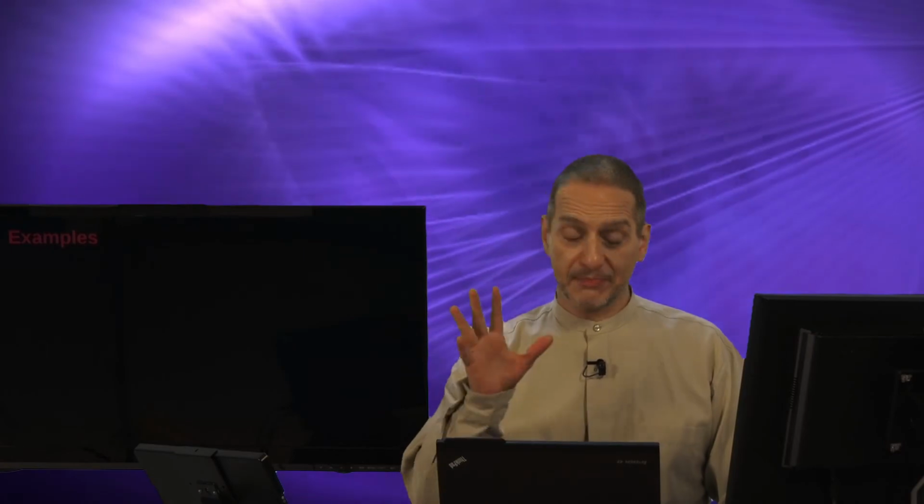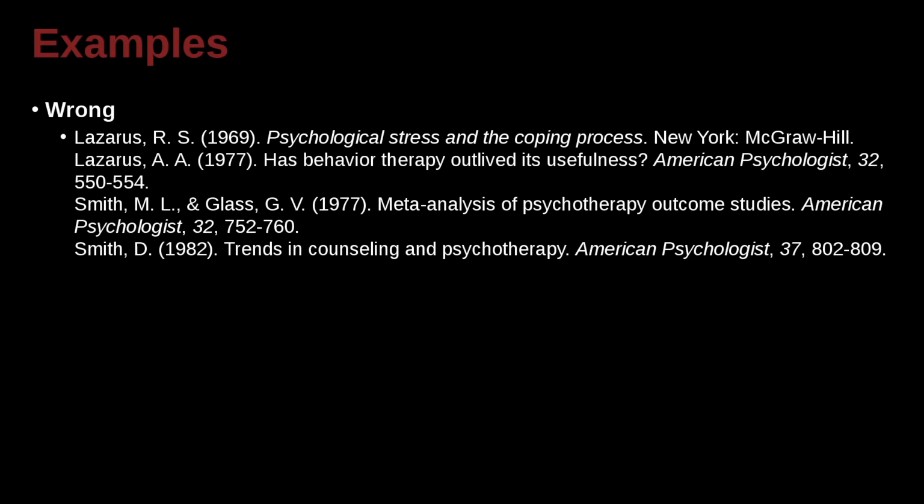Okay, let's take a look at some examples, which is probably the best way to understand this stuff clearly. Here we have a list of a few references that would be in the back of our research paper or our thesis or dissertation. And things are looking good. We've got the author's last name first, and then the first and middle name are